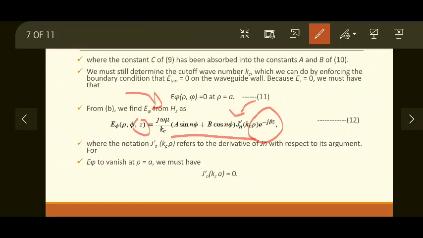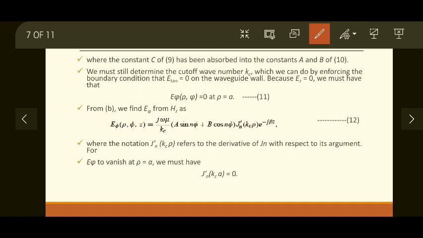So I hope it is clear how these values have come. jωμ/kc is from the general solution. This is from our obtained solution for circular waveguide. This is R(rho) (A sin nφ + B cos nφ), and Z'n because we are taking partial derivative. Now this term remains as it is because it is not related to ∂Ez/∂phi, so it is constant as it is.